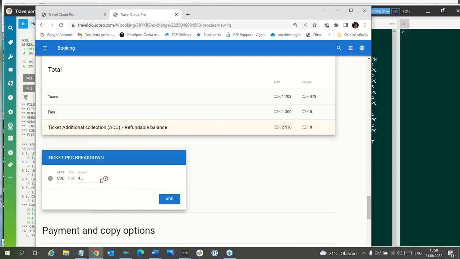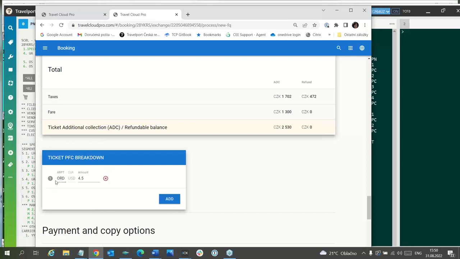Now it is here, but in some cases it is not there, because when it is a ticket which has been already exchanged or reissued, several exchanges or exchange and reissue, then it is not possible to specify how much it was and for which airport.